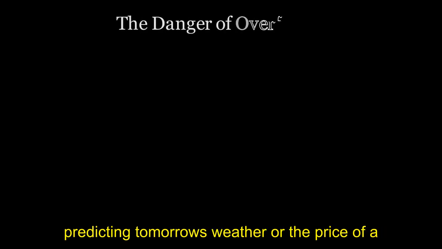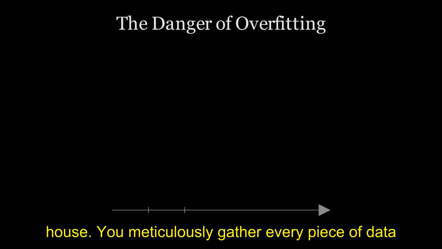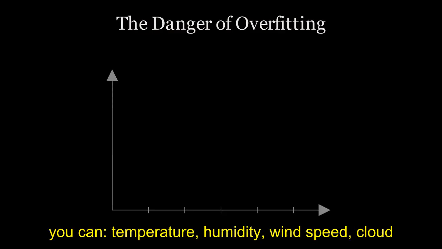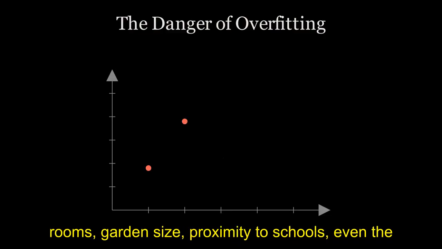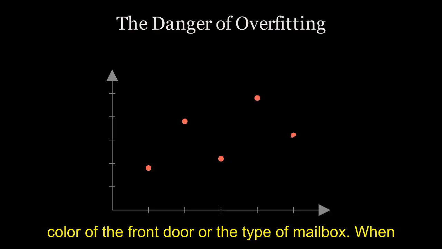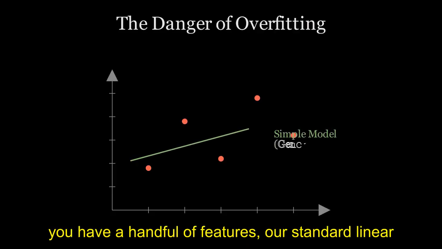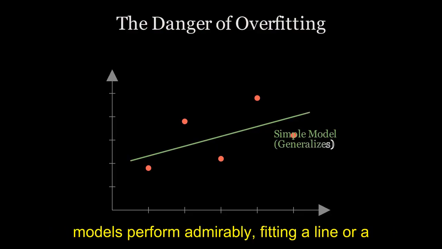Imagine trying to model something complex, like predicting tomorrow's weather or the price of a house. You meticulously gather every piece of data you can: temperature, humidity, wind speed, cloud cover, and for houses, square footage, number of rooms, garden size, proximity to schools, even the color of the front door or the type of mailbox. When you have a handful of features, our standard linear models perform admirably, fitting a line or a hyperplane to